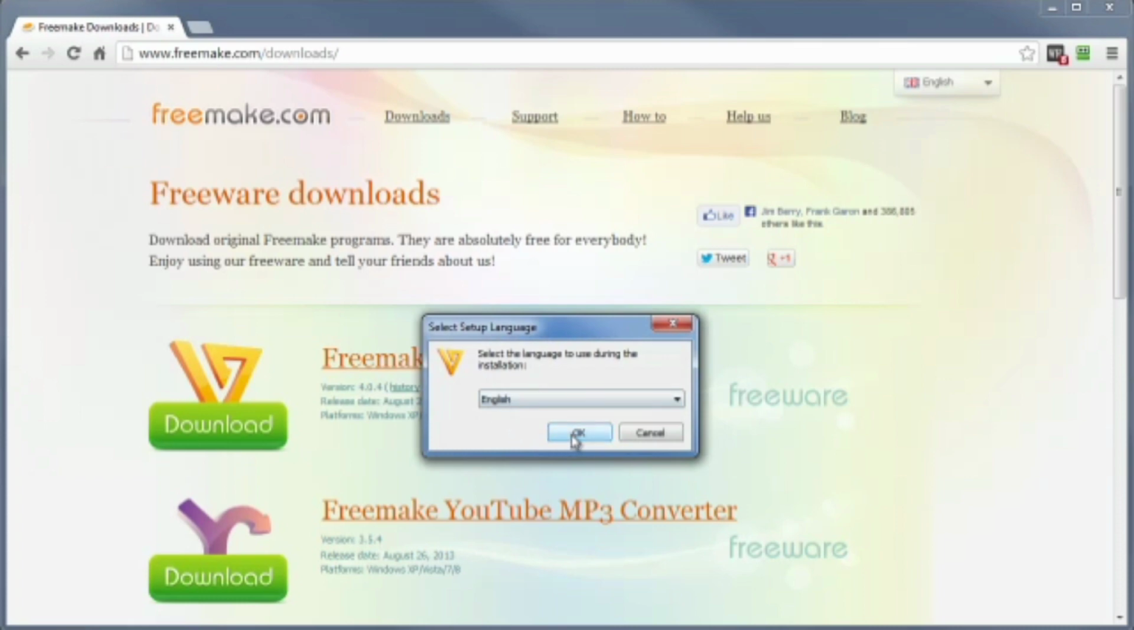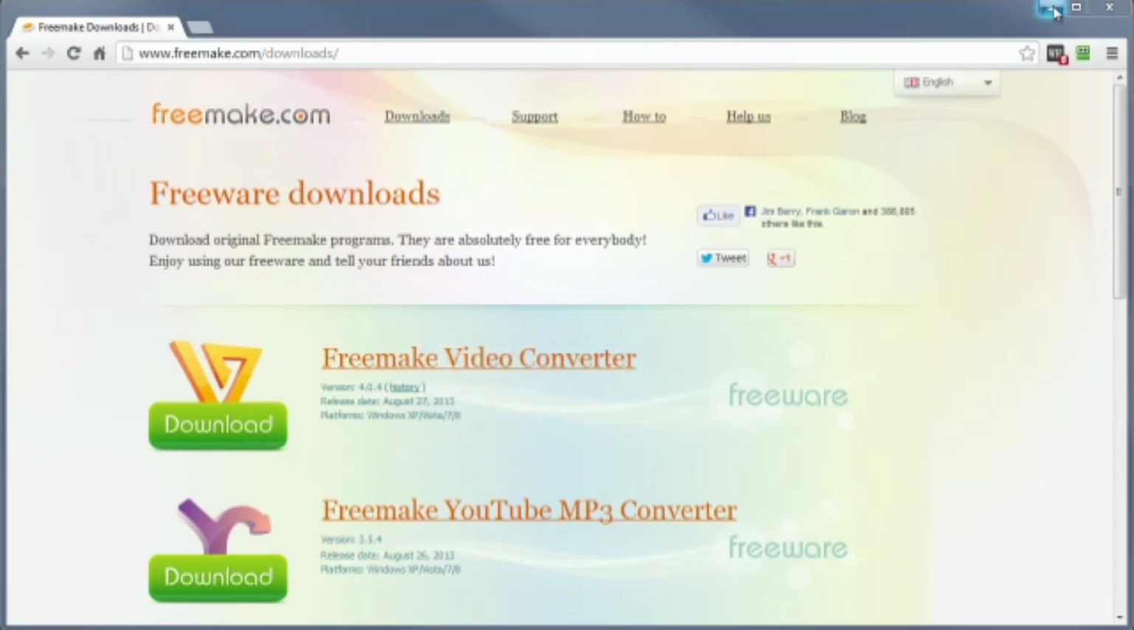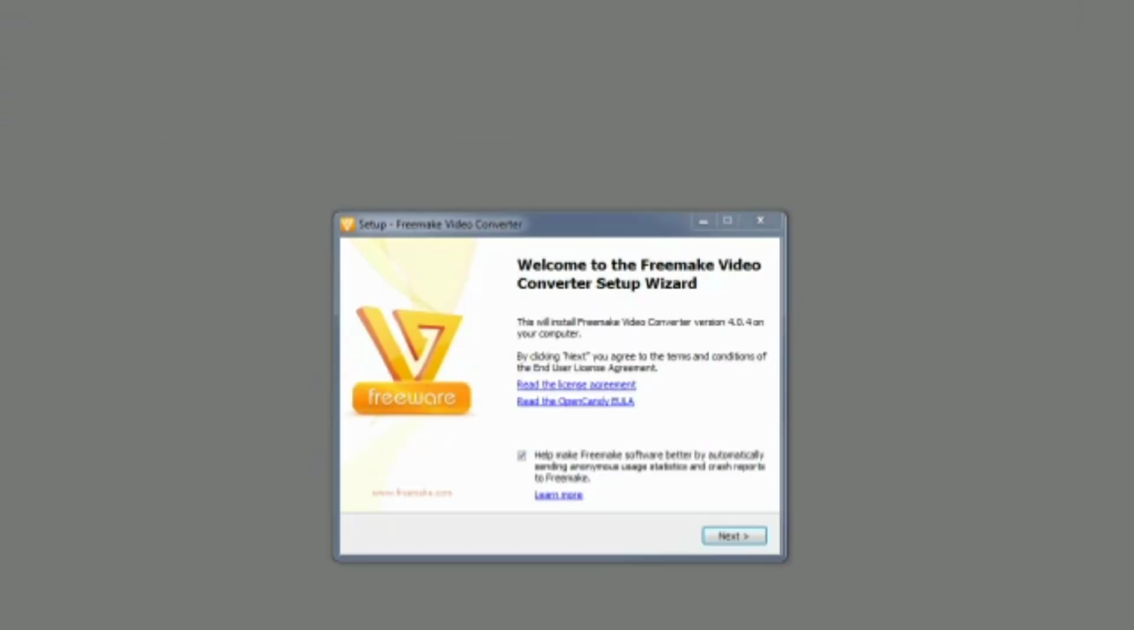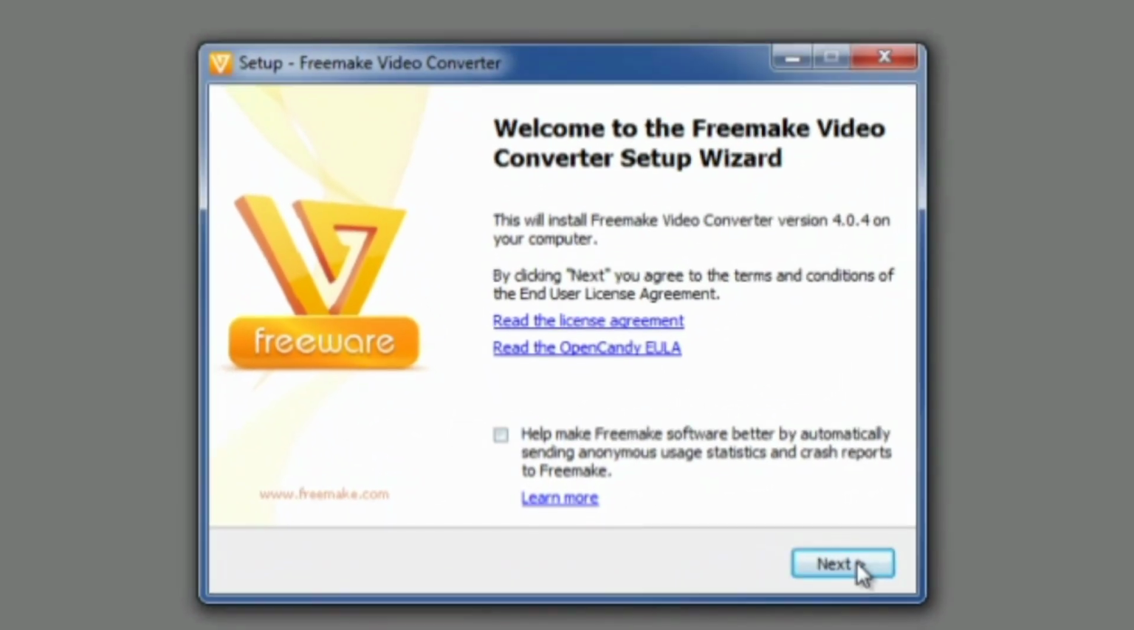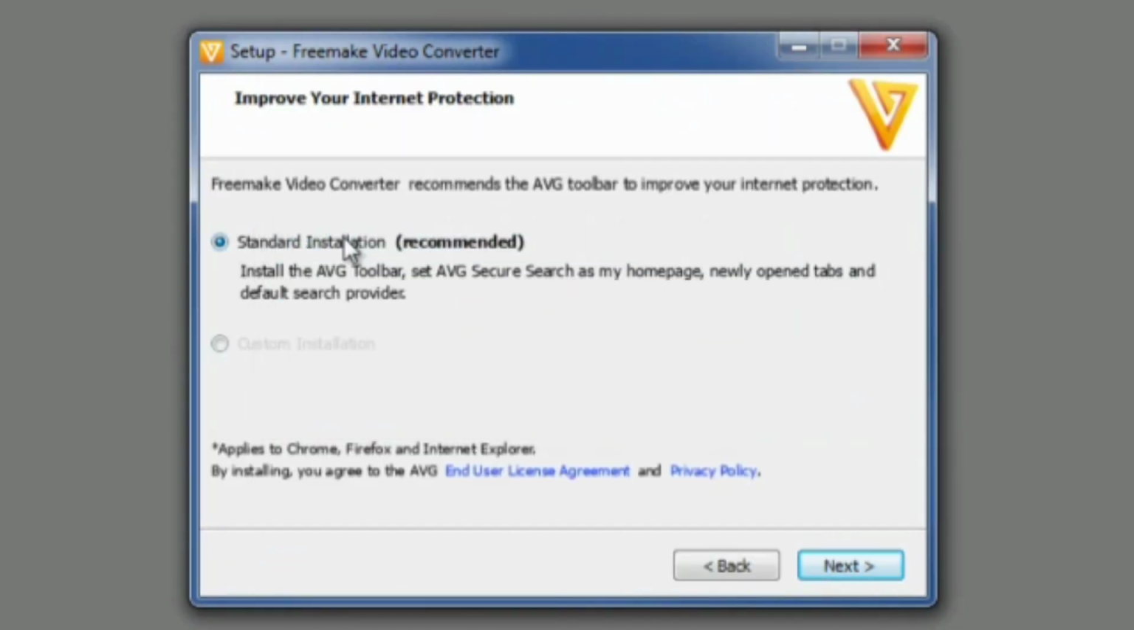Choose the language, and I believe I can get rid of this now. And then eventually this guy is going to show up. Frankly, I don't want to have anything more on my computer than just what I'm actually installing right now, and that is the FreeMake Video Converter. So I'm going to uncheck this box here, click on Next,